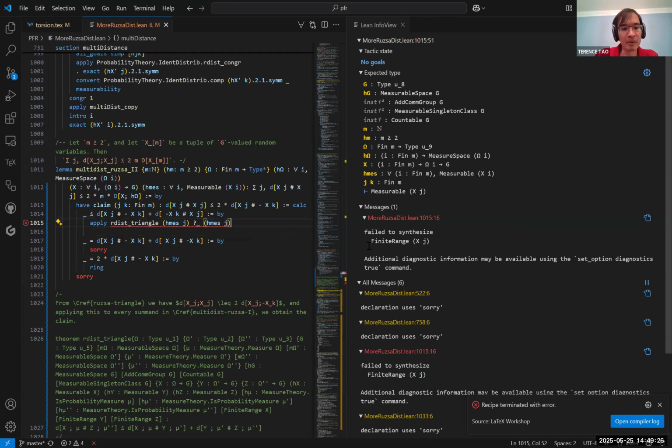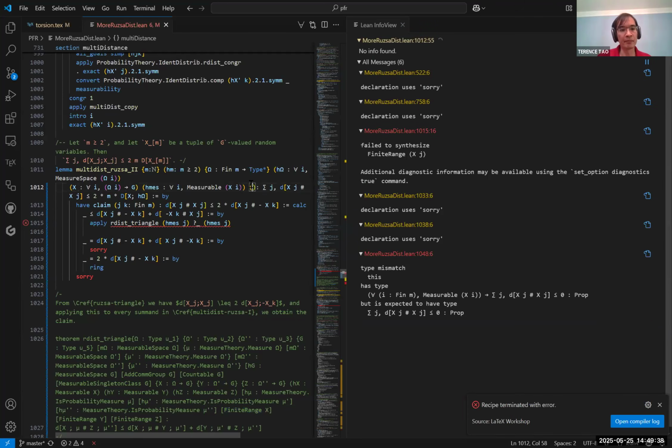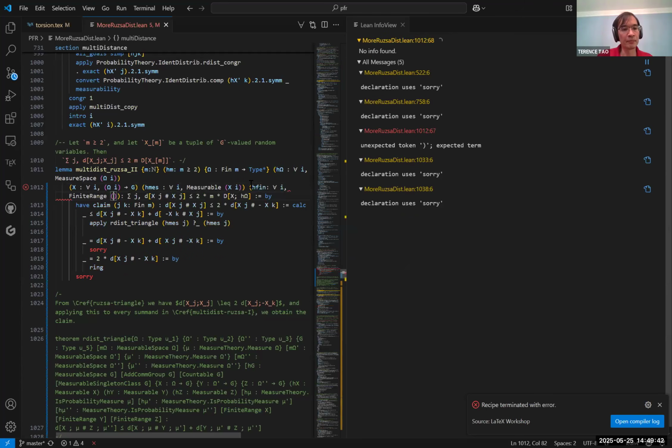But there is an additional problem because this theorem requires these random variables x, y, and z to also have finite range, as you can see over here. And we didn't actually specify that as a hypothesis. So that actually we need to add. So we're going to add that as a hypothesis. And if we're lucky, Lean will be able to use that hypothesis and just fill in the